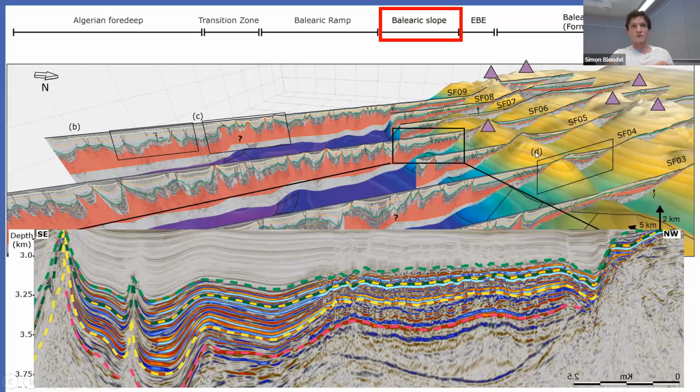So first, let's have a look at the Balearic slope. Here, we're zooming in a little bit on that section, and I will come back to what I was saying before about the top of the salt. So you can see here that it can eventually be a little bit tricky. If you just look at that section, you could say that this is the top of the salt, because here we have a very nice